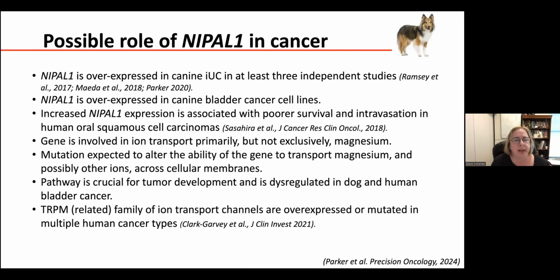Now, Nepal-1 is very interesting. It's overexpressed in canine bladder cancer, and that's been shown in at least 3 independent studies. It's also overexpressed in canine bladder cancer cell lines. Increased expression is associated with poor survival and metastases in a human cancer, human oral squamous cell carcinoma. Now, the gene is involved in ion transport, primarily but not exclusively magnesium. And this mutation is expected to alter the ability of the gene to transport magnesium and maybe even other ions